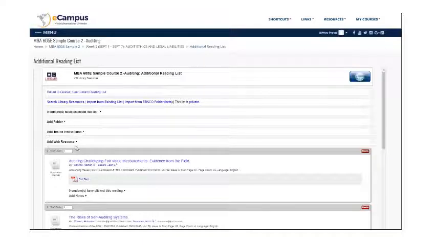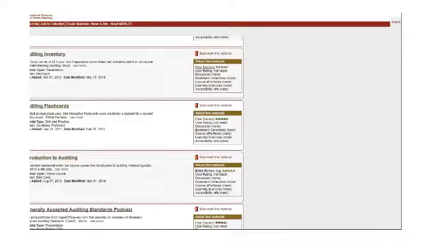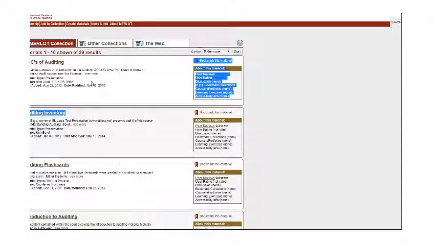Alright, and then also if you wanted to add a resource, maybe from the web or from a good open source kind of material like Merlot, you can. You have to add the URL and the title link. So what you would do is this is Merlot, and it cuts off my screen here, but you can see